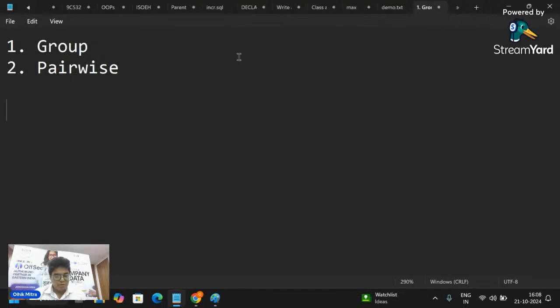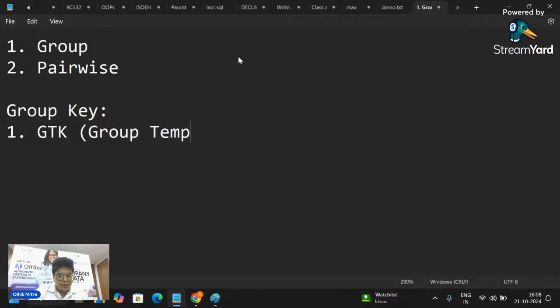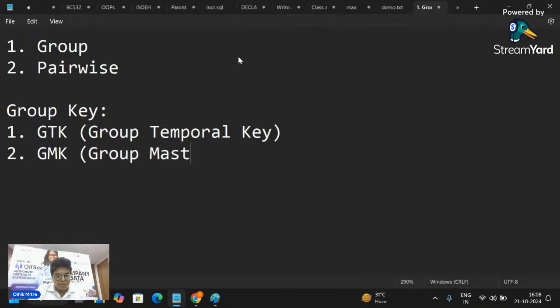Group key is divided into, number one, GTK, that is group temporal key. Number two will be GMK, that will be group master key.